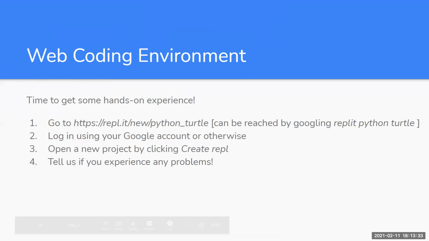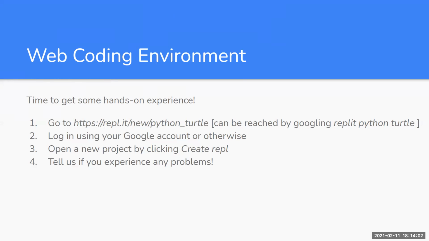Because if you imagine you're just writing it in Notepad or something like that, well, you can, nobody prevents you from doing it, but it will not actually work. And the nice thing about Python is that it has a lot of support on the internet already. So you can just enter a website, write a Python program, and it works. So this is what we're going to do today.